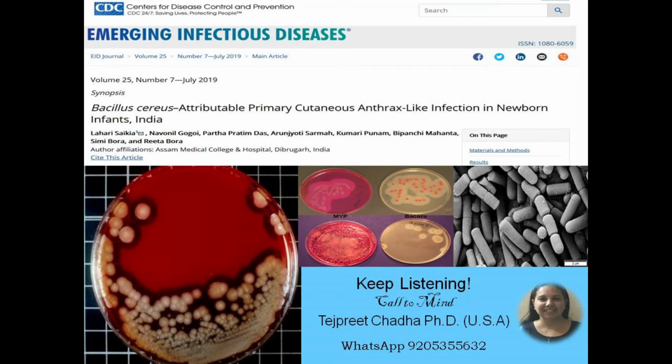Most important questions that can come: what are the two types of foodborne illnesses associated with Bacillus cereus? One is where the contaminated food makes its way to the small intestine, where the toxin is released, and there is diarrhea, cramps, and sometimes nausea. And usually the vomiting is not present.